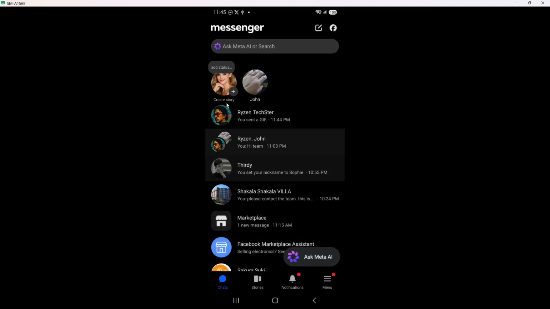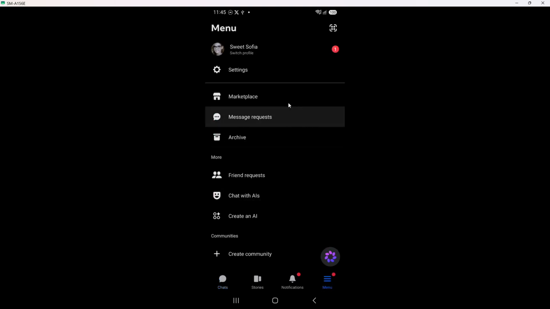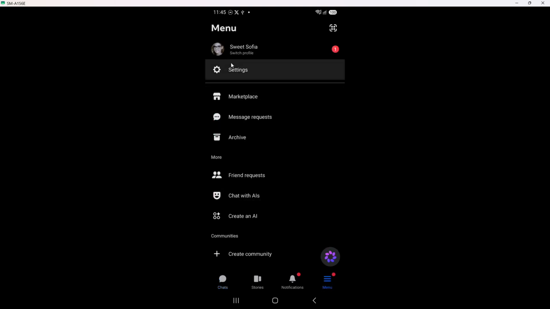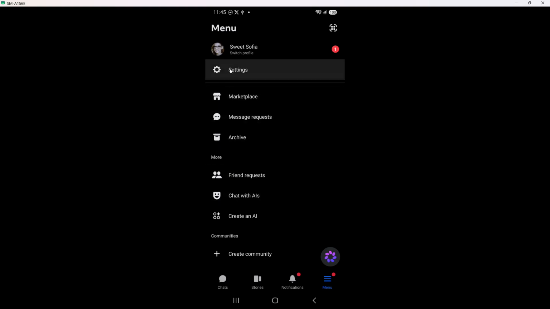Once Messenger is open, tap the menu icon. On most phones, this is in the top left or top right corner of the screen. After you tap it, a side or full screen menu opens, showing options like your profile, settings, and features such as calls or stories. If you do not see the menu icon at first, wait a second for the screen to finish loading, then it should appear.